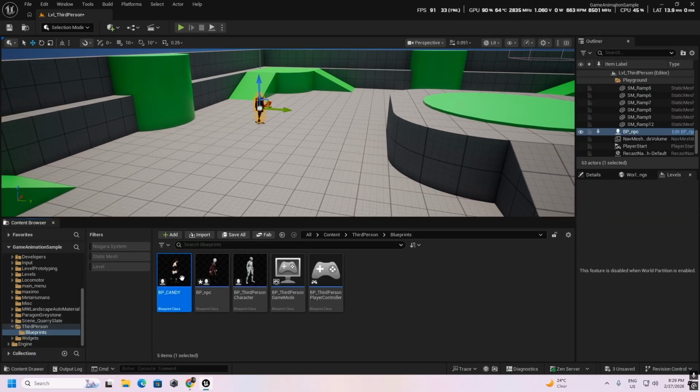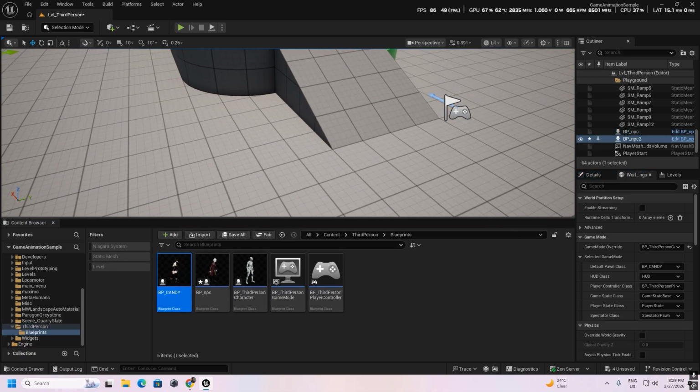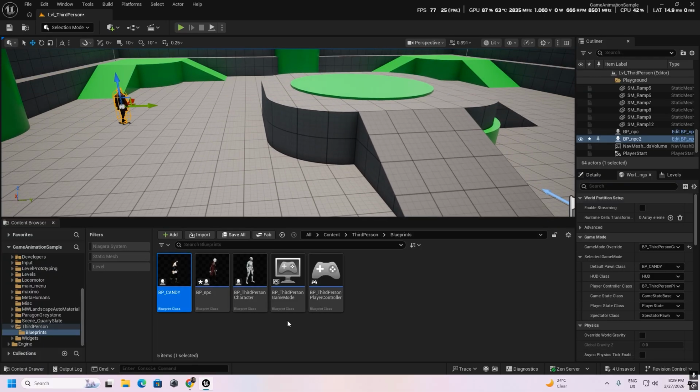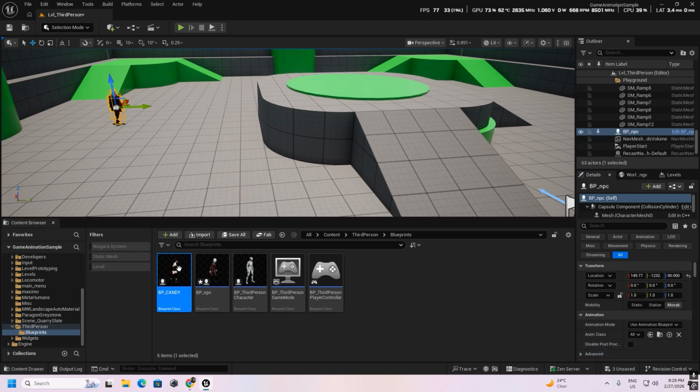So this is our BP character, BP Candy. You can see in the world settings, this is our player character, BP Candy, and we just make a copy of this character. We just select it and press Control D here. Oh sorry, I made a mistake. I just duplicate this character here, and we name it